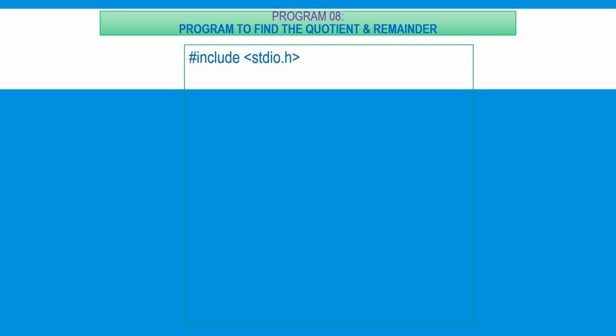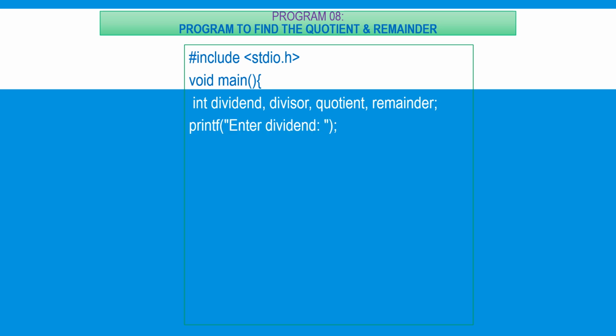Hash include stdio.h, void main function, open braces, then variable declaration: int dividend, divisor, quotient, remainder. 4 variables are needed. All the 4 are created in statement number 1. Then I am asking the user to enter the dividend. So scanf statement,